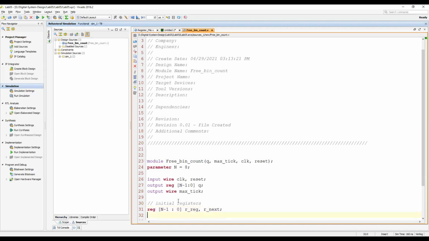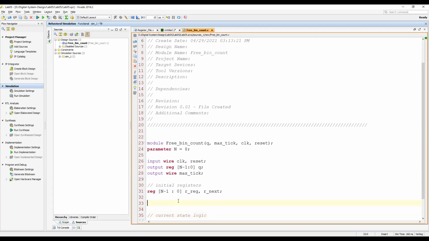Okay, because it depends. If you are designing next state logic, it is combinational logic. But if you are designing it in behavioral style, then it should be reg. If we are designing in data flow, it will be wire. So I'm assuming I'm going to design in the always block, right? So the first always block is for the current state logic.